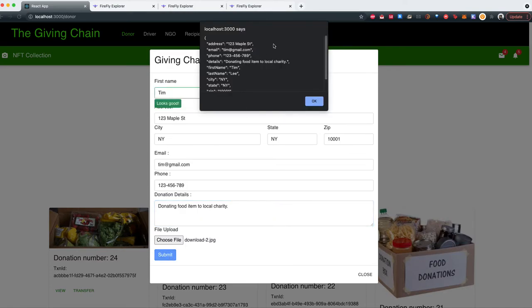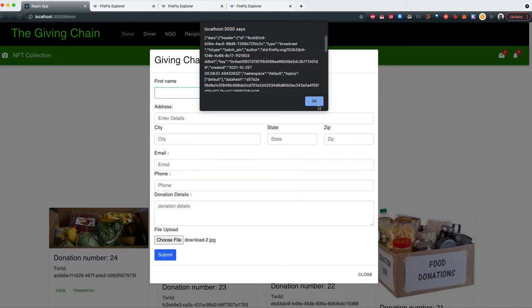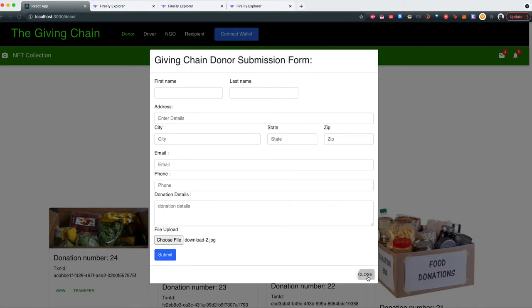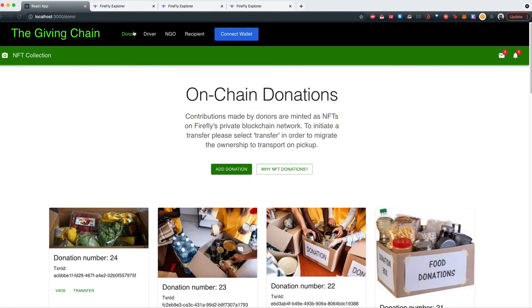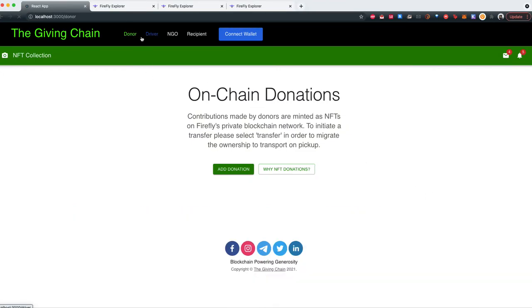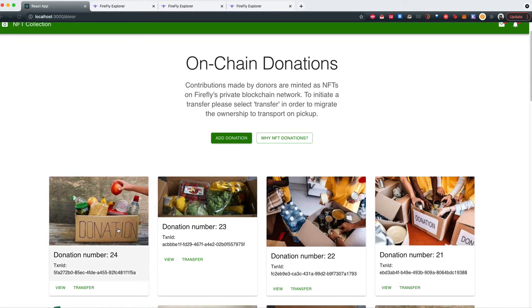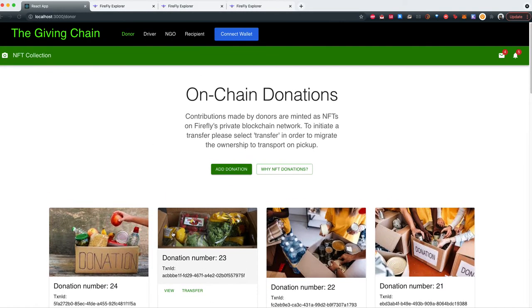Okay, data was submitted successfully. We received a response from the Firefly network that this data was broadcasted to the network, and the data was uploaded successfully, and our NFT was minted. So when I close this page and refresh, you can see that our donation was created. Moving forward,